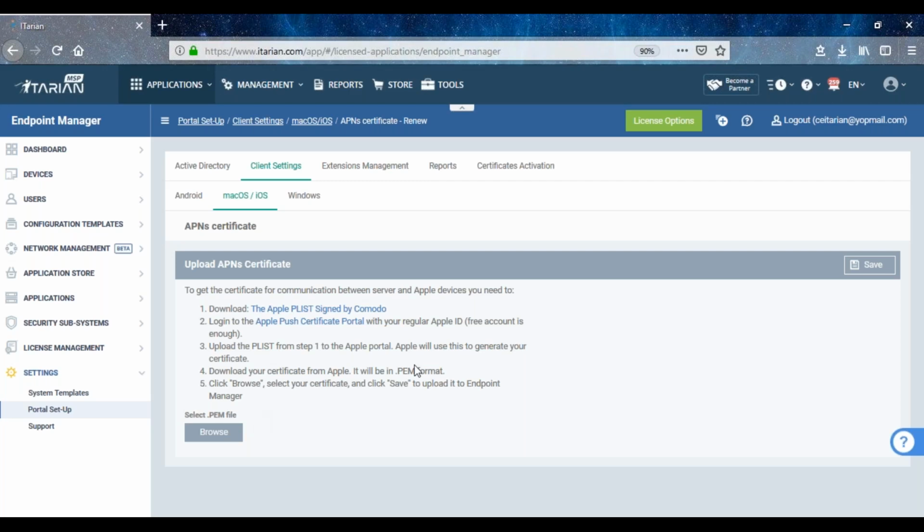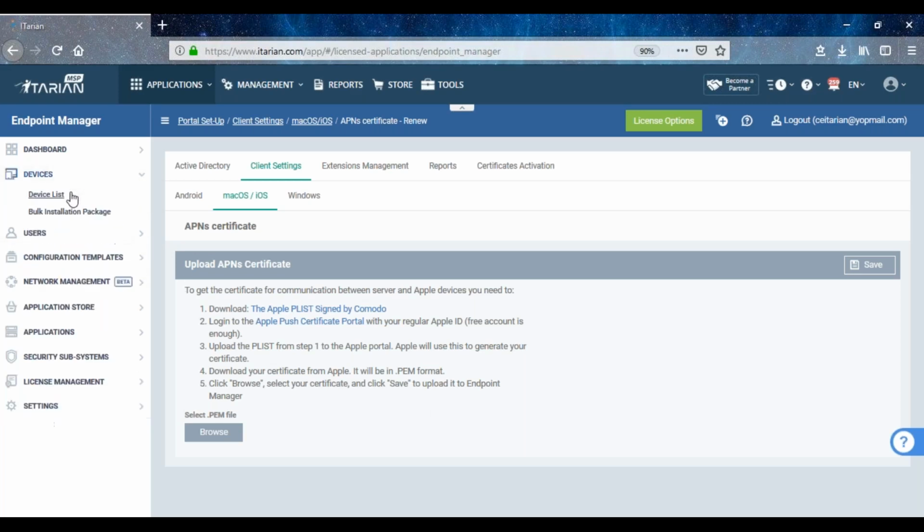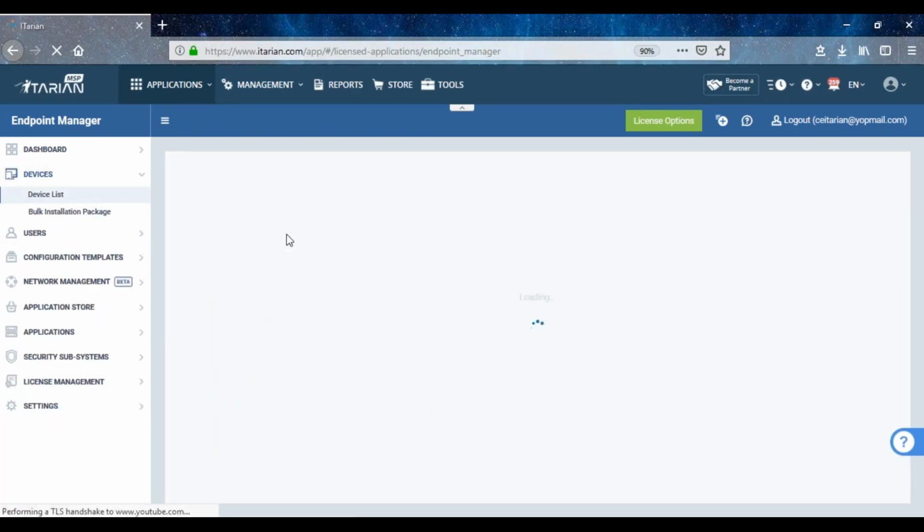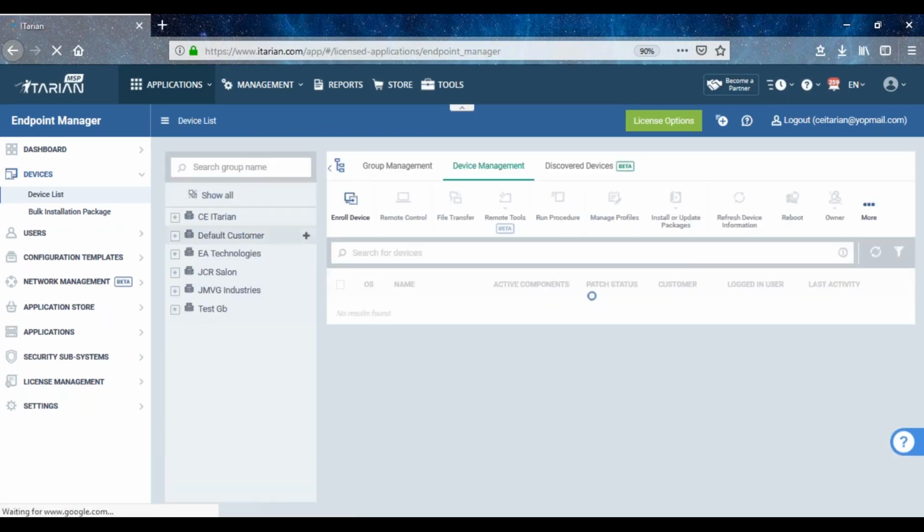All right. So with regards to the run after install, that's the reason why it's not showing up. You have to set up the APN certificate first. So what I suggest is you uninstall the iOS profile that you initially installed, and then set up your APN certificate. As soon as you have your APN certificate, recreate your enrollment agent, because what's happening there is the enrollment